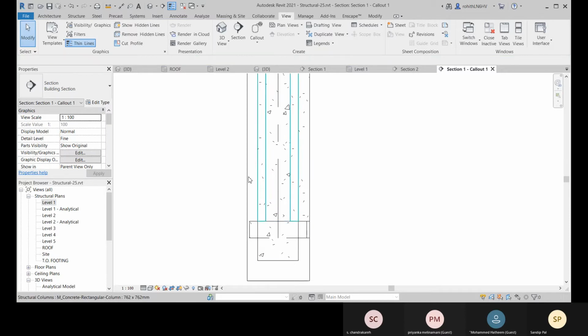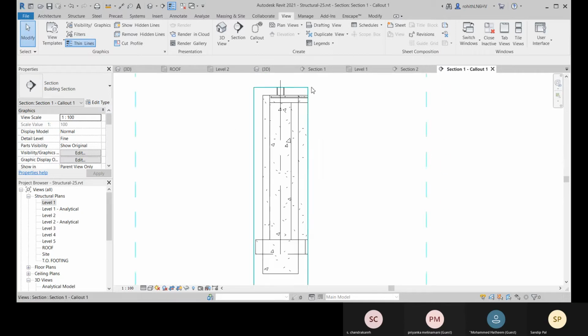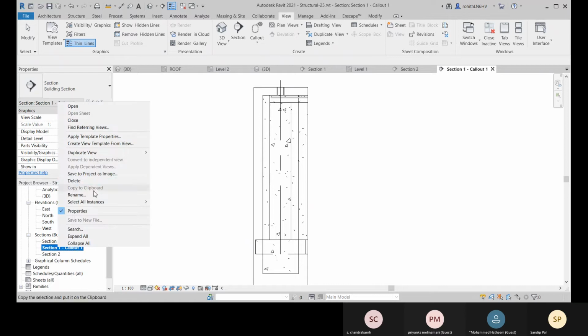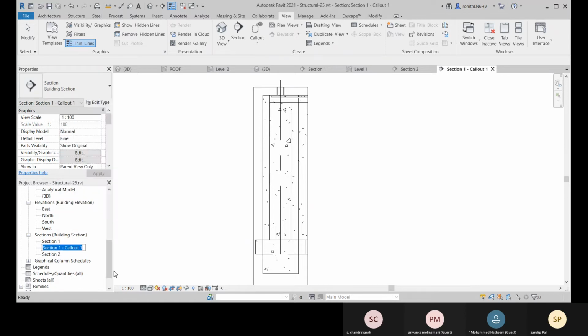All right, so that you already know how to place your rebar. So just create one call out, and you can name it like, it's just created section call out. So here you just rename it.